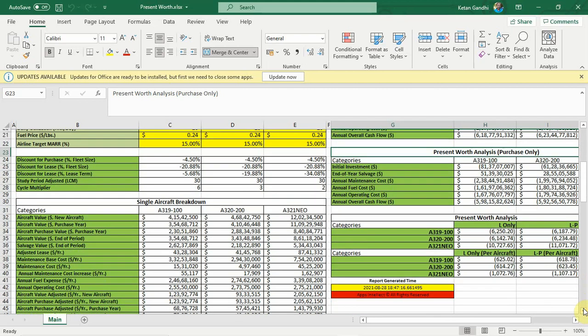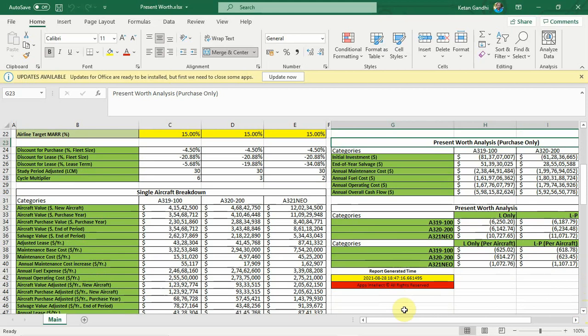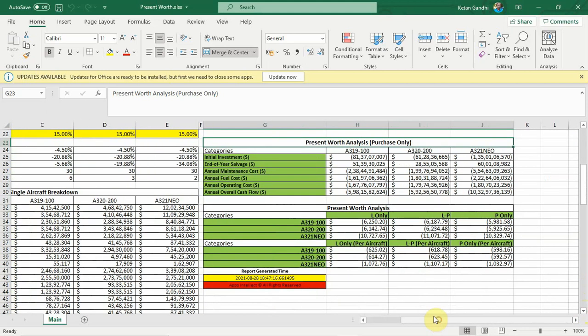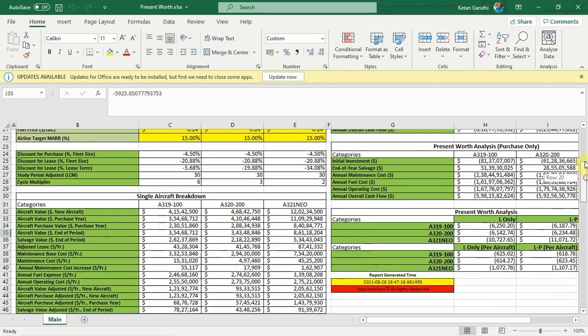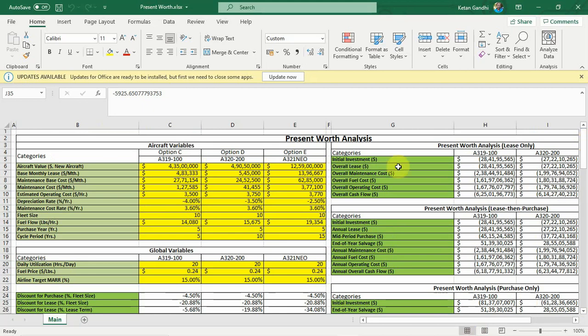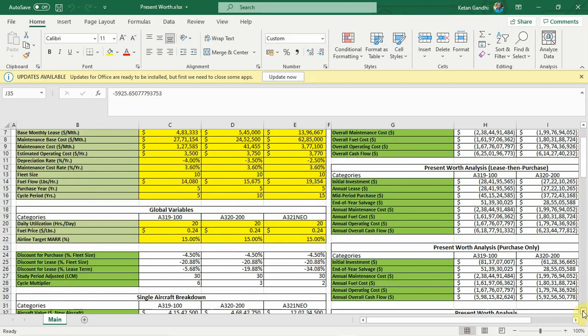So this is what we ultimately get. We will get the result from here: what is basically the present worth of these three aircraft fleet types, and which one is the best performing, which aircraft would be best performing in the scenario based on the annual expenses. So now we'll go to the single aircraft